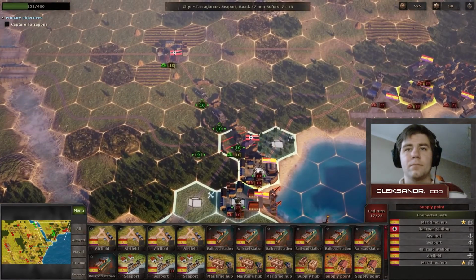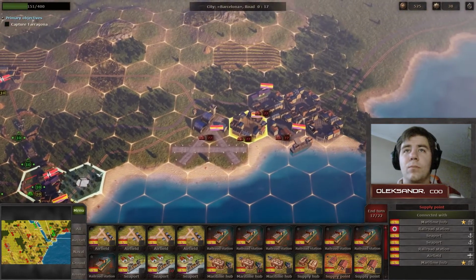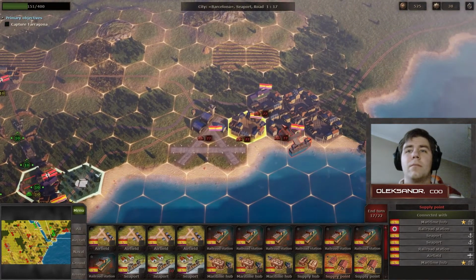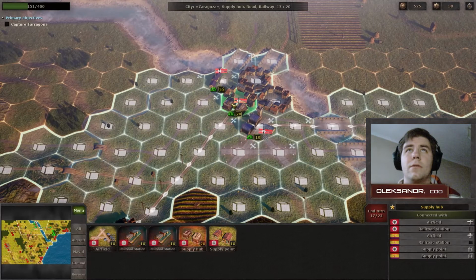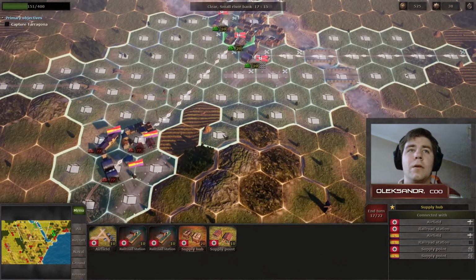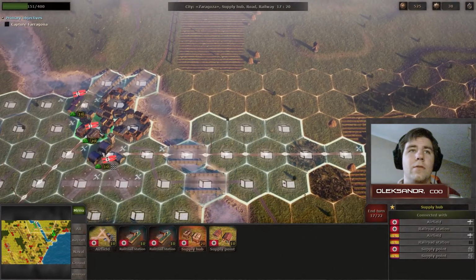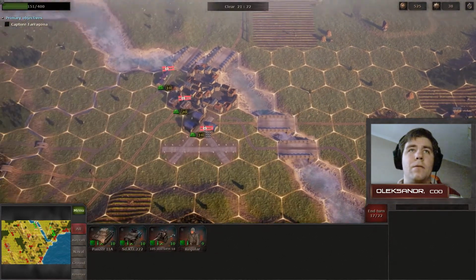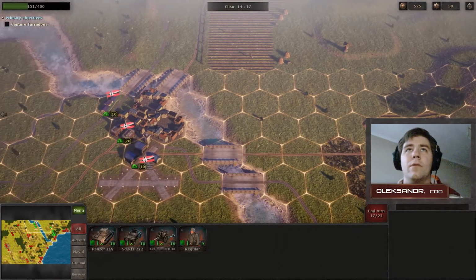So I think many people ask how the supply system works. Basically there are some major supply hubs, like supply hub and maritime hub. They are like the source of supplies for the whole map. We currently own one. This is our supply hub, and from this we can supply all the rest. So we have this supply hub, and from all supply hubs and supply points,